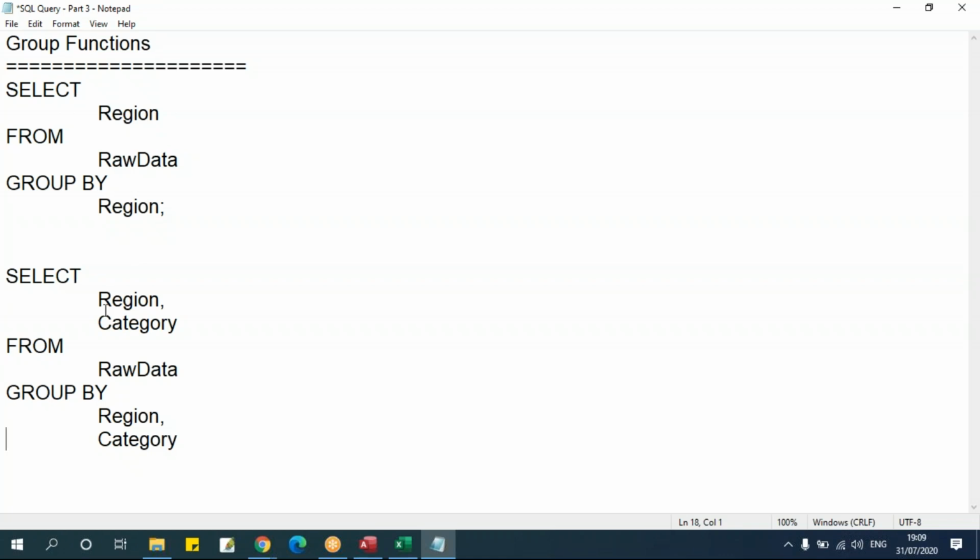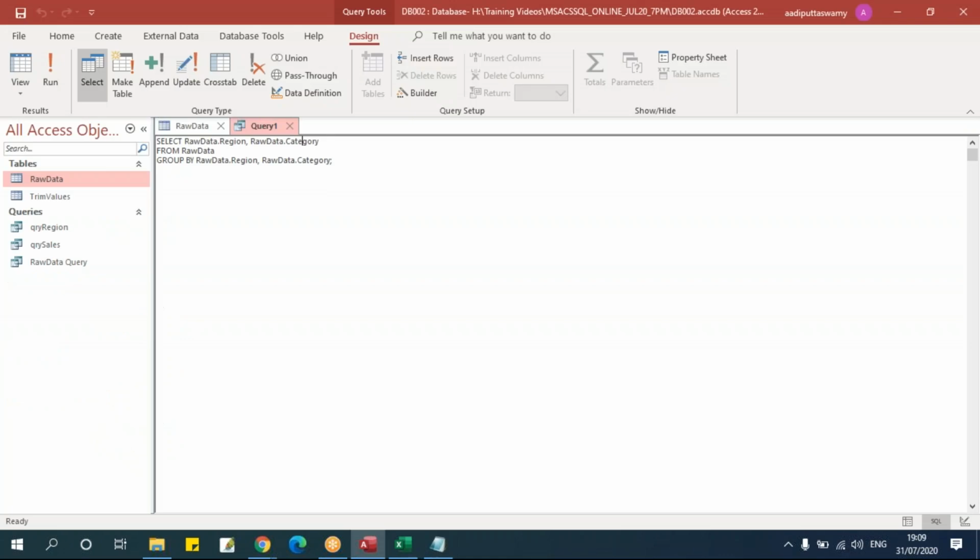Now if you see both the queries, I mentioned some columns and I'm trying to group them. And in this select region and category, all the columns I'm using in this select section should be there in my group by section as well. The reason is it has to group all the columns I'm selecting. Suppose I'm not giving one of the columns, for example, in this query, let me remove this category.